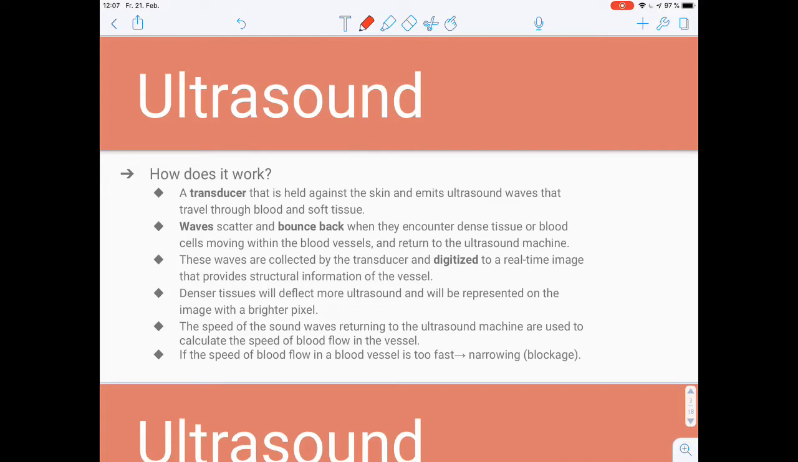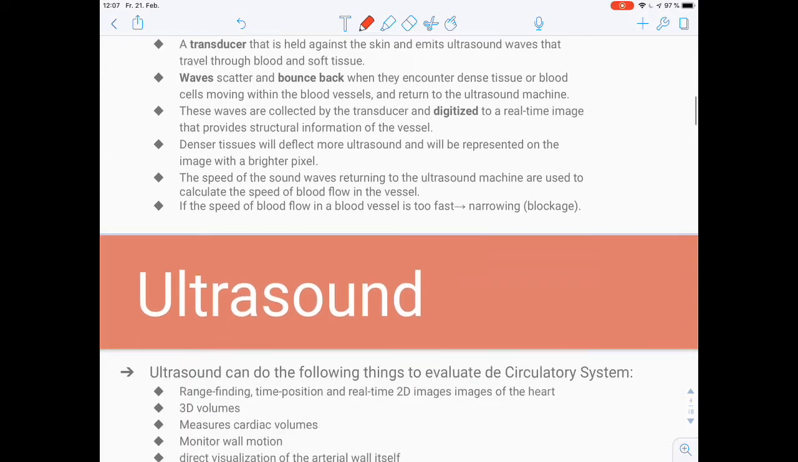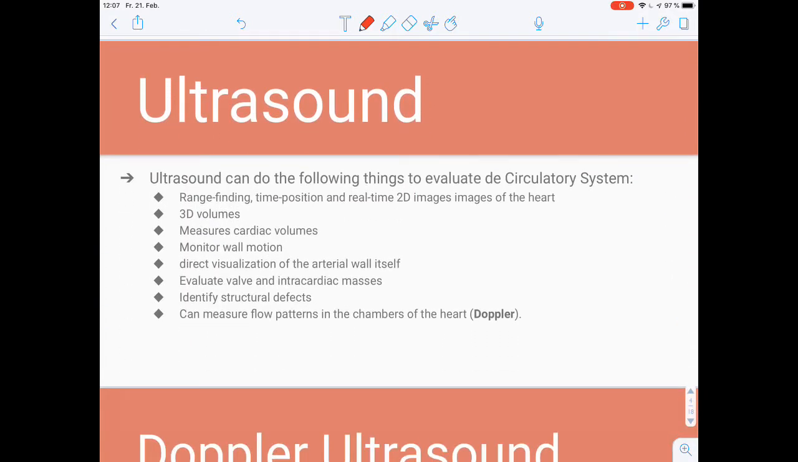The speed of the sound waves returning to the ultrasound machine is used to calculate the speed of the blood flow in the vessel. So if this speed is very fast, it will indicate a narrowing or blockage of the vessel. The ultrasound can do the following things to evaluate the circulatory system: range finding, time position, and real-time 2D images